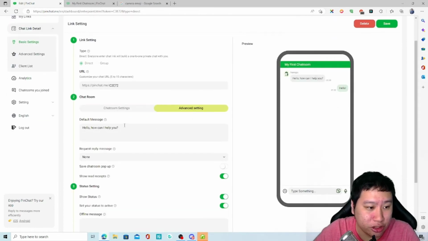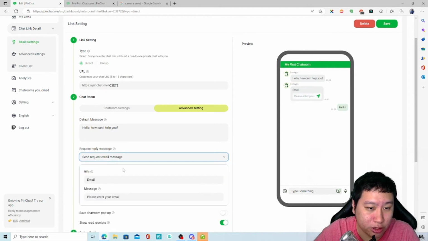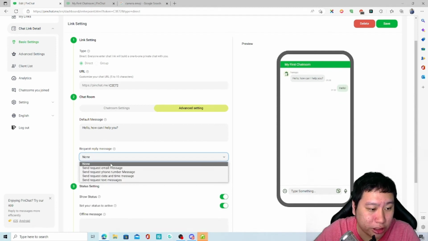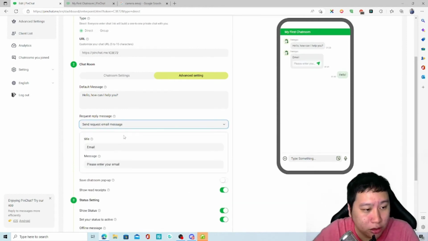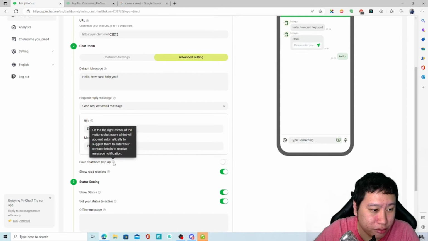And then you can change the default message, and you can also ask for email, phone number, right? You can ask for date, time, or text message, things like that as well. So I think email will be nice. And then you can save chat room pop-up on the